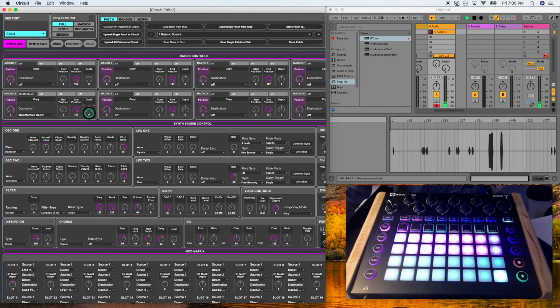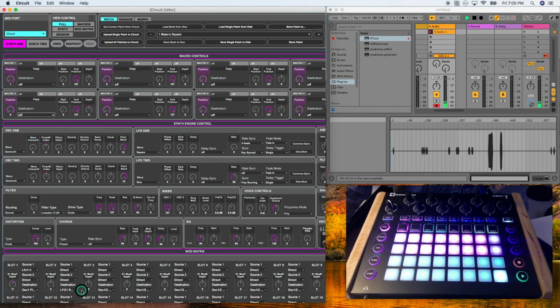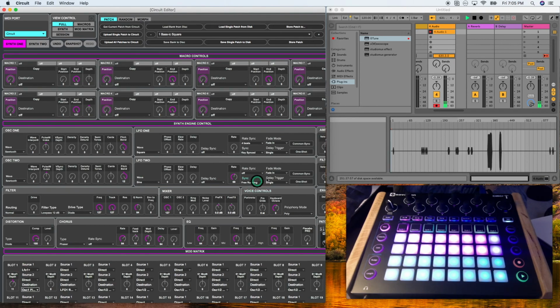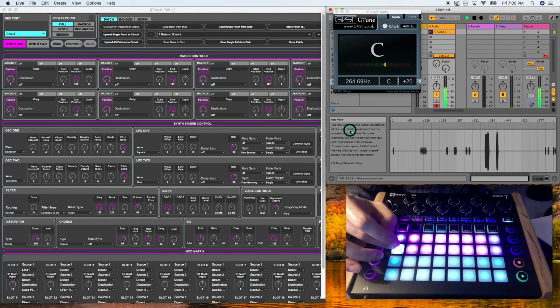So I'm going to take all of these parameters back to default so we have a clear picture of what is going on. I'm going to set the source to LFO1 plus and take oscillator 1 pitch. I'm going to turn the rate sync off and adjust the rate manually. So if I play this note,